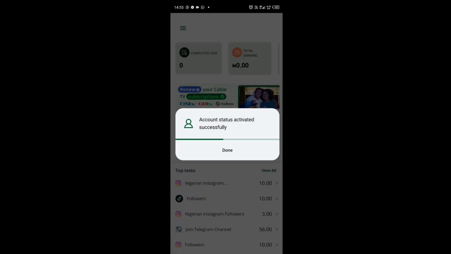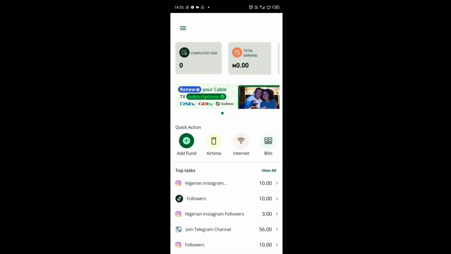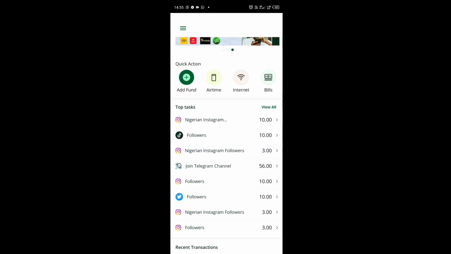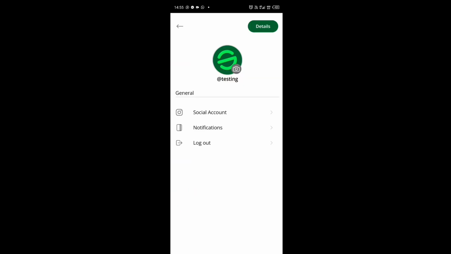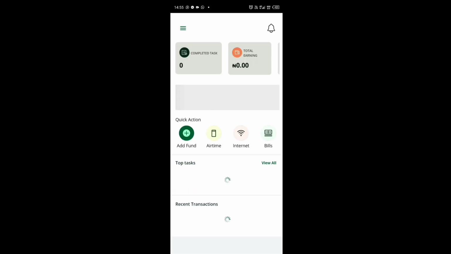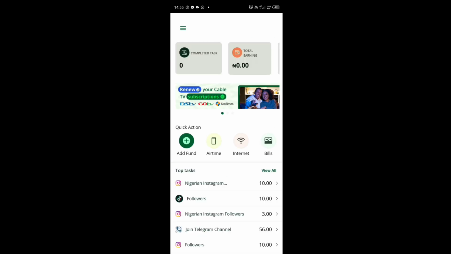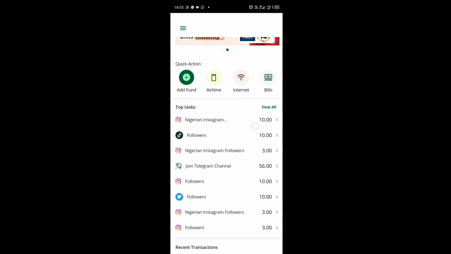All right, account status activated successfully. This is the platform. This is how the interface looks like. This is where your profile and reviews are, and yes, this is your profile. So I will be showing you different categories of tasks that you'll be carrying out. You see,